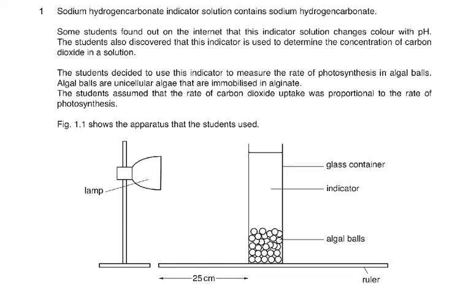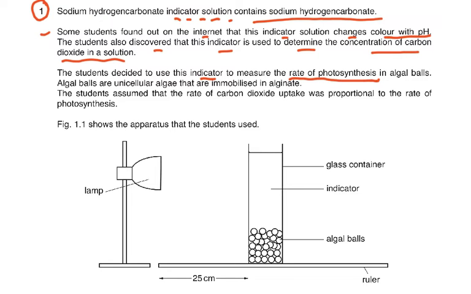Now we start doing question 1. Sodium hydrogen carbonate indicator solution contains sodium hydrogen carbonate. Makes sense? Some students found out on the internet that this indicator solution changes color with pH. The students also discovered that this indicator is used to determine the concentration of carbon dioxide in a solution. The students decided to use this indicator to measure the rate of photosynthesis,